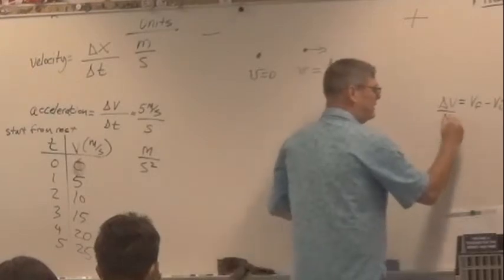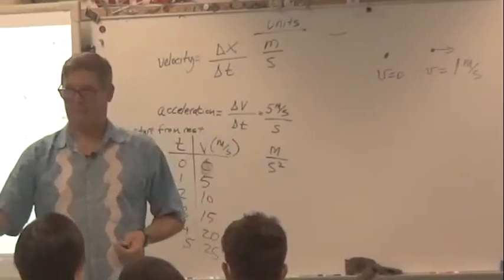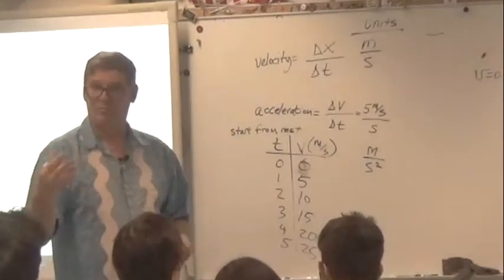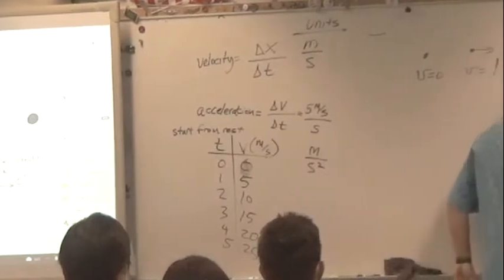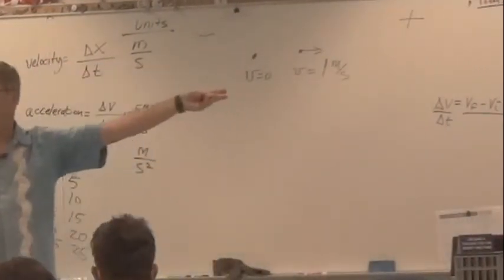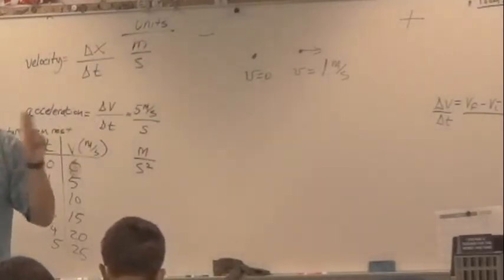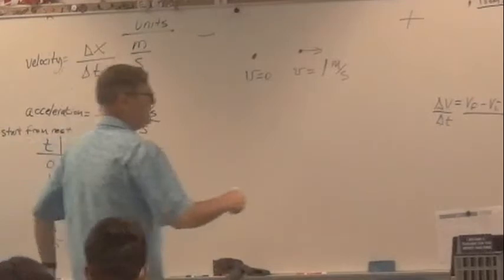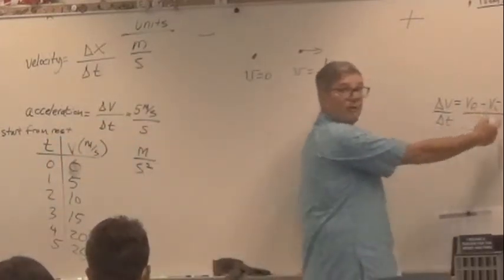And delta T, of course, in the world we live in, time only goes forward, right? We don't go backwards in time. So time is always a positive number. You can think of it as the final time minus the initial time, but the final time is always a bigger number, right? Because it's later. So a bigger number minus a smaller number is always positive. So delta T is just going to be the amount of time it took to go from the initial velocity